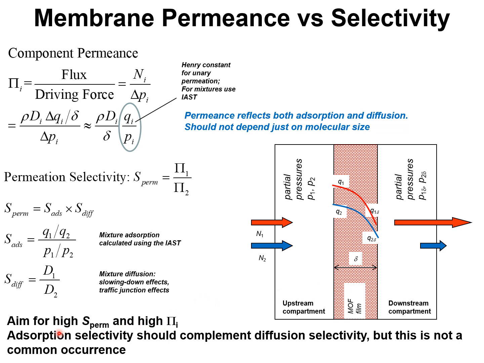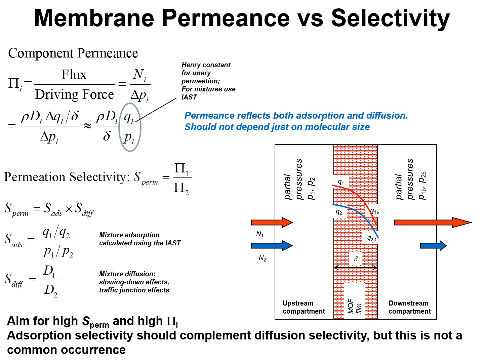In general, we aim for high permeation selectivity and high permeance. In other words, we aim to develop a membrane whose performance is dictated by the upper right corner of the Robeson plot. The adsorption selectivity ideally should complement the diffusion selectivity, but this is not a common occurrence. With this background, let us examine the characteristics of different